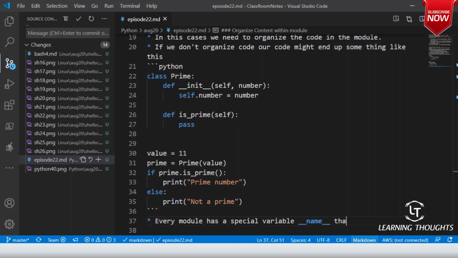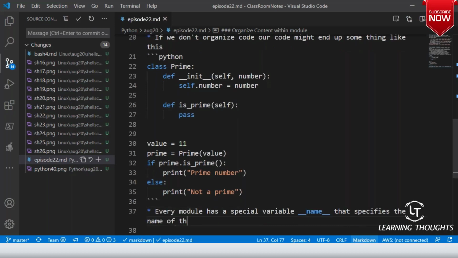Now, what it tells you is that it specifies the name of the module when it was imported. Basically, __name__ will give you the name of the module.